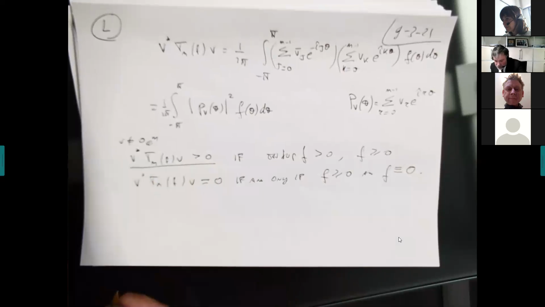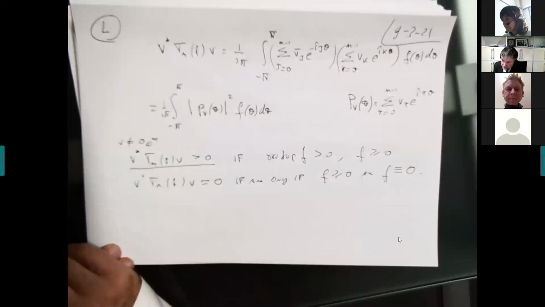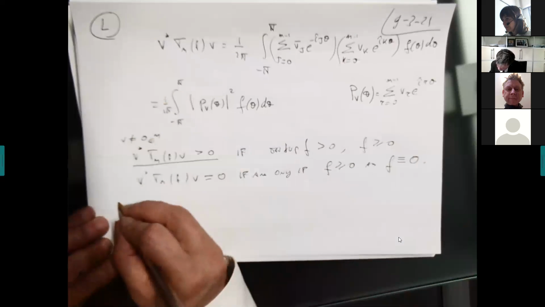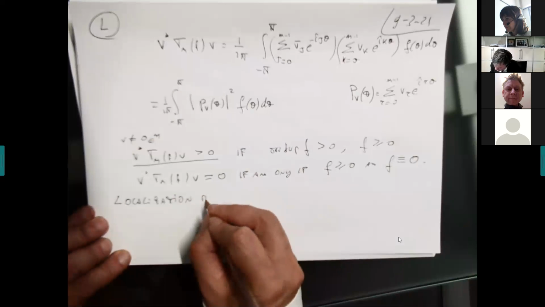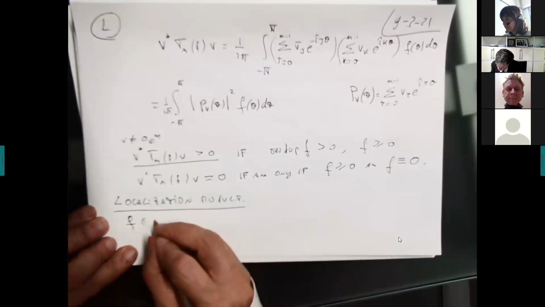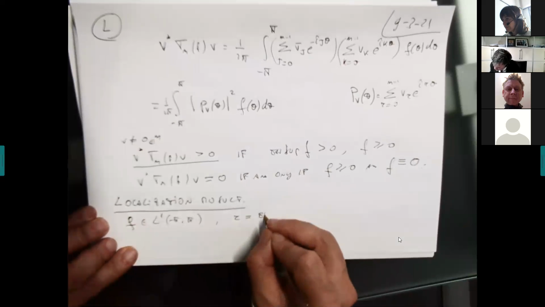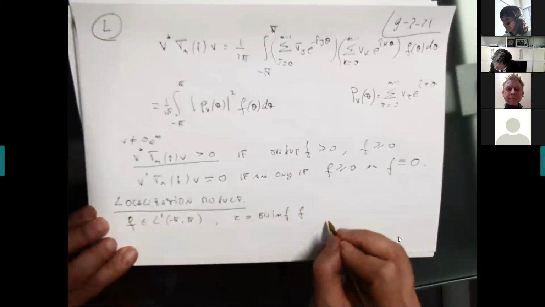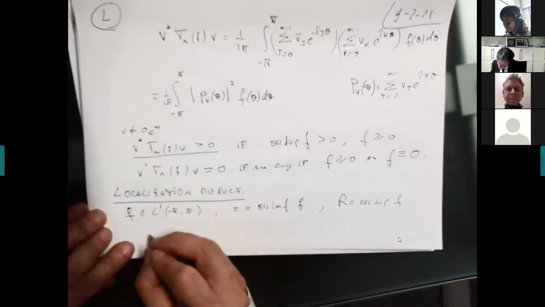And one should ask why there is so much enthusiasm. Because the information that stems from this is a lot. For instance, a localization result. So f in L1 of minus pi to pi, small r is the essential infimum of f, and capital R is the essential supremum of f. Then